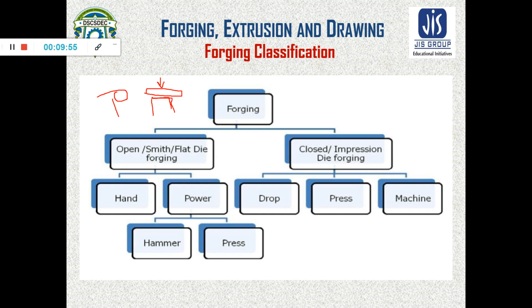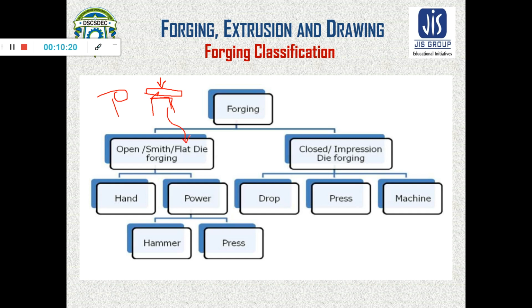The material is deformed by successive impact force that is given directly on the workpiece, and that workpiece is placed between the hammer and the flat die. As a flat die is used, it is called flat die forging.